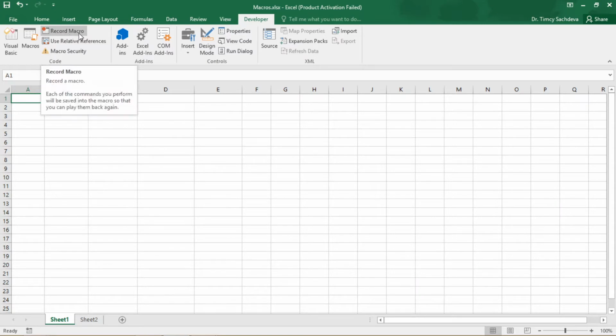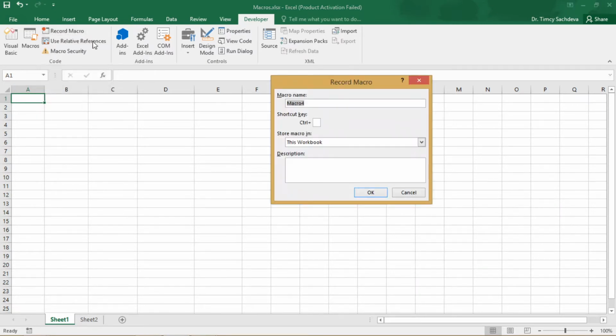Now to record a macro, you will click on Record Macro. A pop-up will ask you for the macro name. I will be using stock prices data in the current example, so I will name my macro stock prices.